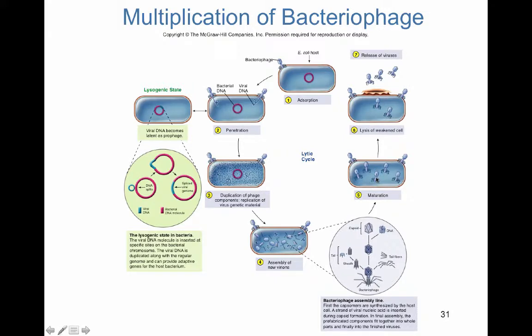We have mature bacteriophage. The cell lyses and the bacteriophage are released. So this is what we call the lytic cycle. This is very similar to what I just showed you guys before with the animal viral replication cycle. But there is an added step here. So if you guys take a look on the left-hand side here of the slide, if you look at the step following the introduction of the nucleic acid into the bacterial cell, something different is going to happen here.